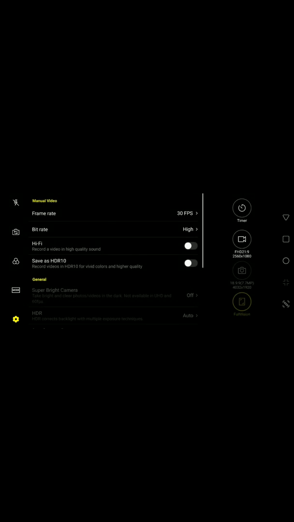Then you have EV, and I don't even know what this is for, but I think it has something to do with how long it sustains. Oh no, this is the one that sustains shutter. This one, the ISO, I don't know what the ISO is. I'm sorry, I don't use all this stuff, but it is so complex and so nice. But the reason why I like to go into these modes, I'm going to go into auto on these modes, is because when you go into settings,